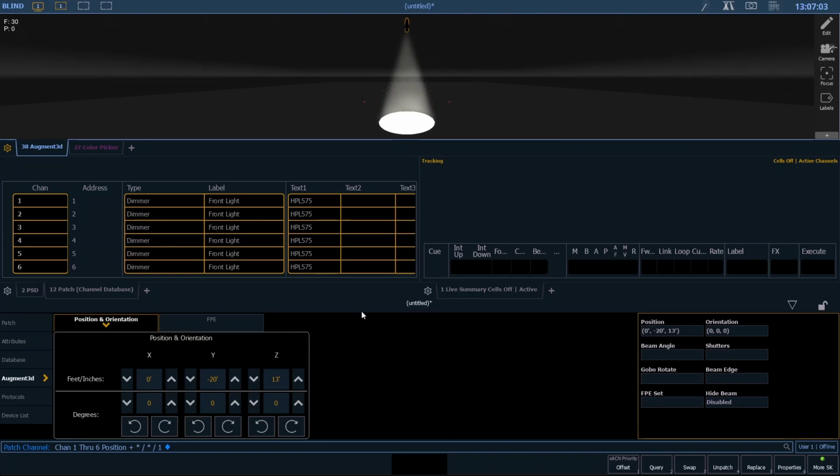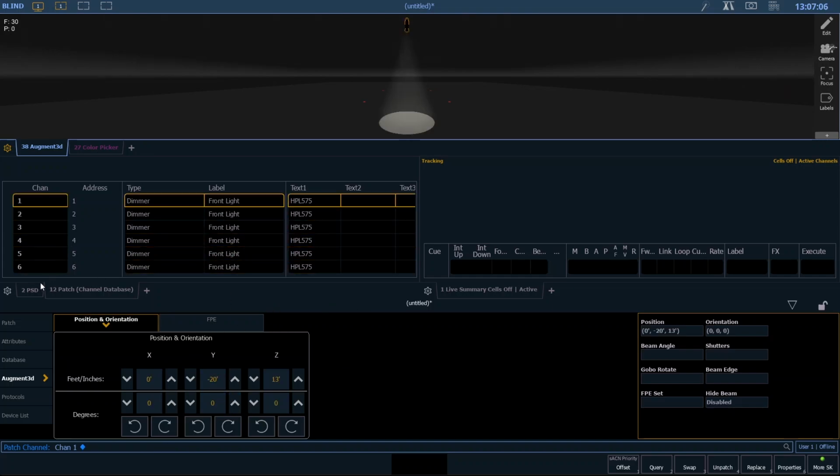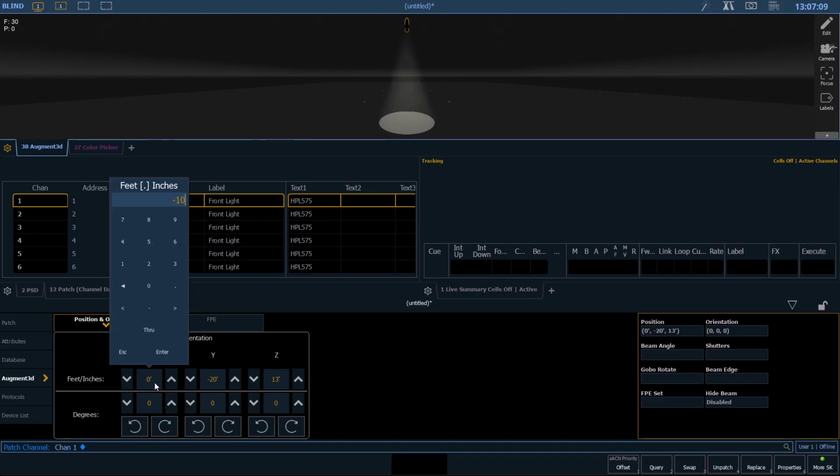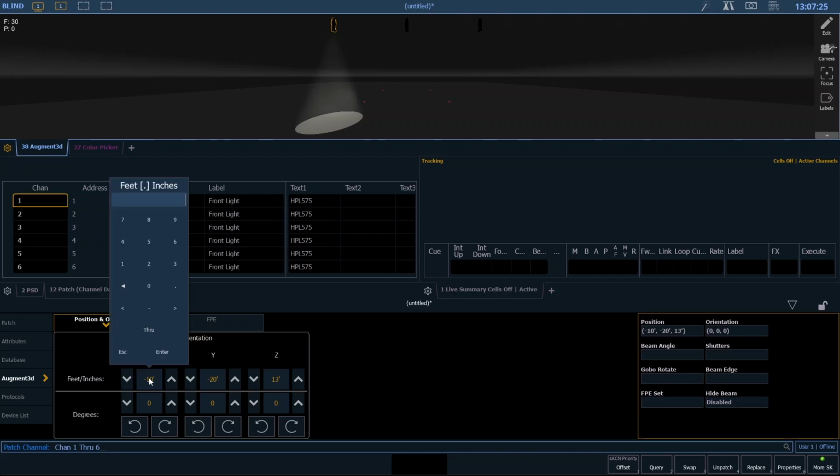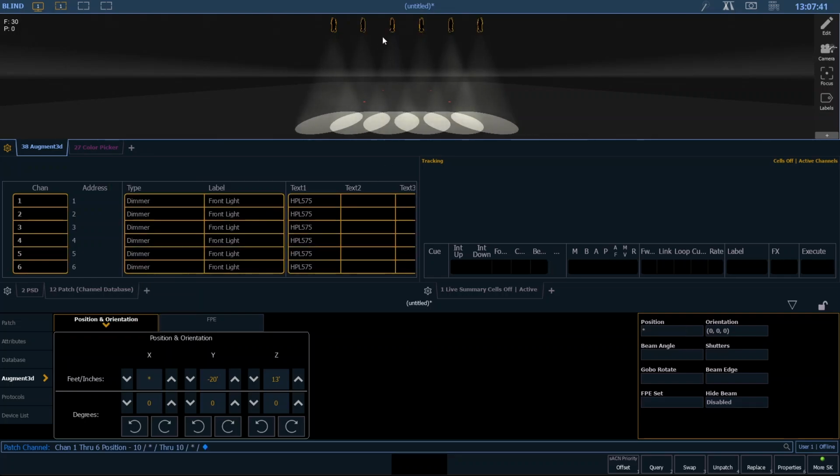And so you could literally sit here and say channel 1 is at negative 10 feet and channel 6 is at positive 10 feet. And so now we've got those lights and could go through and label them. But if they are evenly spaced, I'm just going to say channel 1 through 6. And then I'm going to set my X position here. Right? And so I'll click on that value, and I'm just going to say negative 10 through, and you can see the 3 button there, or the letter T on your keyboard, 10. So that's negative 10 through 10, and now when I press enter, it's going to evenly distribute those across the